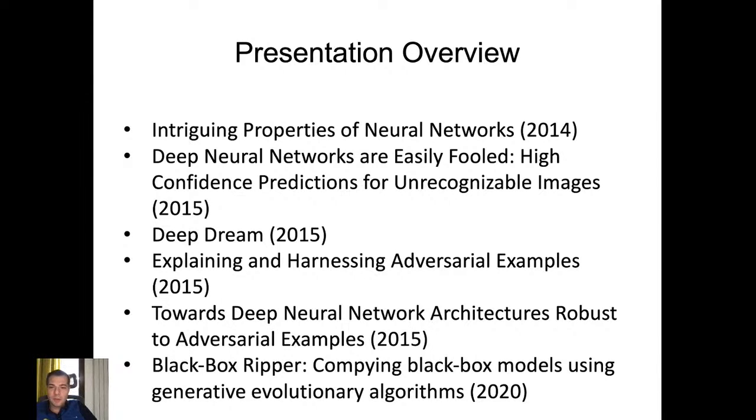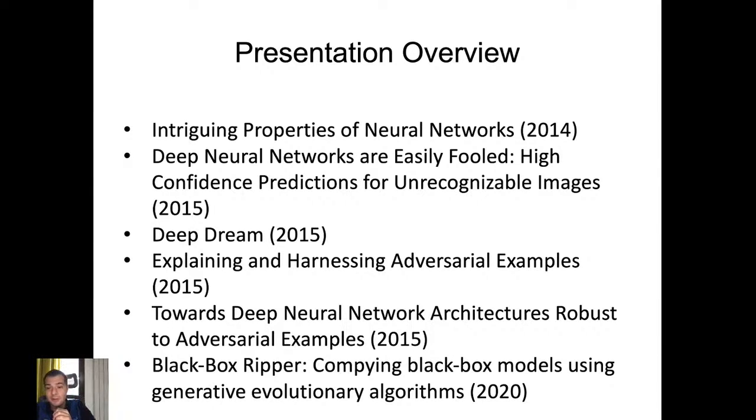The presentation is based on some papers from the literature. In 2014, it was discovered that neural networks have this problem with adversarial examples. This is the first paper that we're going to discuss. Then there is an additional paper on the same topic that shows images that are not natural, but can be classified with high confidence by neural networks as real data. Then we will see how we can use the same ideas to generate